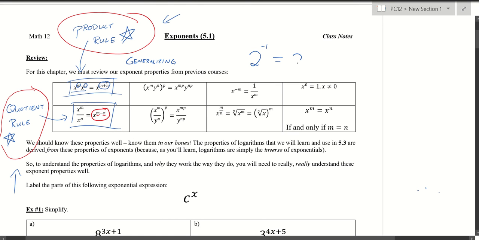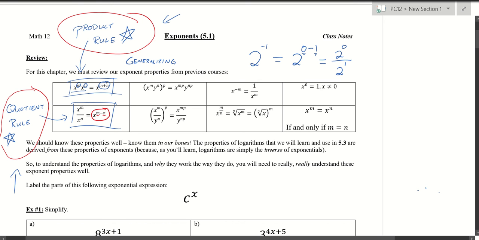So this can just be, let's say, 2 to the 0 minus 1. So this should be true, right? 0 minus 1 is really just -1. So these two numbers should be equal to each other. And what is 2 to the 0 minus 1? Well, we can apply the quotient rule again, and we can say this is really just 2 to the 0 as our numerator over 2 to the 1 as our denominator,